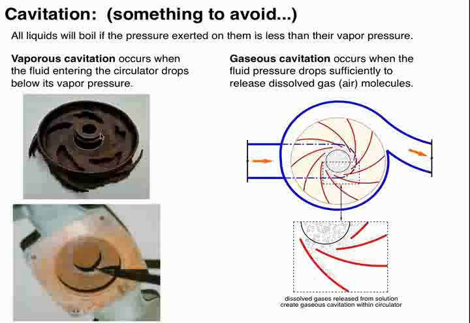But what's happening is that the water is literally boiling as it hits the impeller. You might say, well, you know, my system doesn't operate at 200 degrees or 212 degrees. You can make water boil at 50 degrees if the pressure is low enough. So what we have to avoid is a condition where the water reaches what's called its vapor pressure, because that's